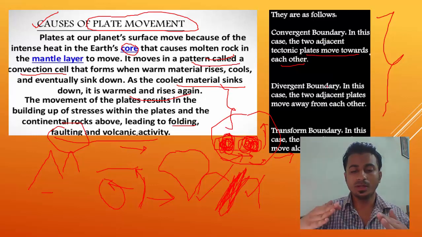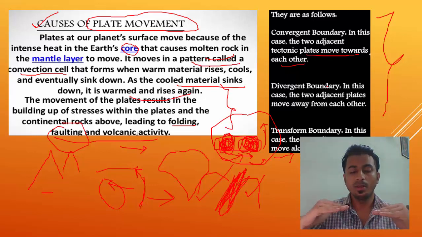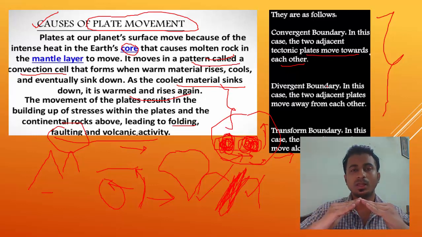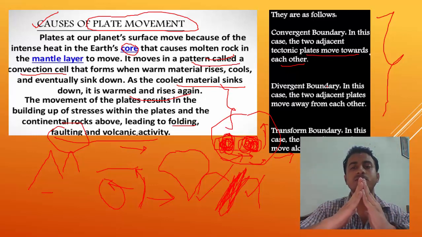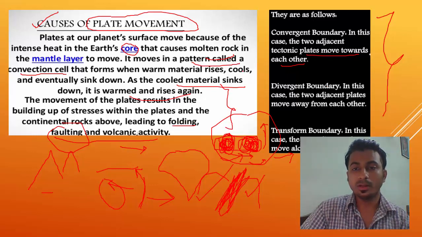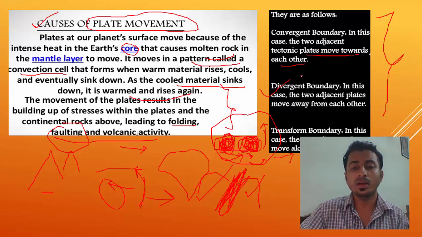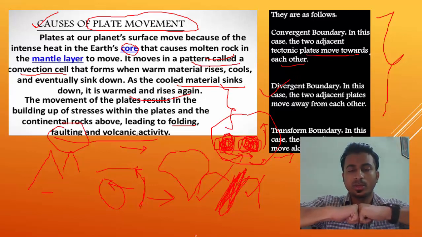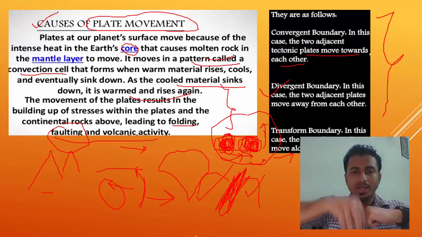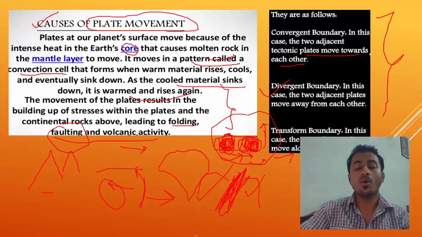Okay, when they move towards each other, suppose these two are the boundary. Now they are moving towards each other. They will move in this way, and mountains will form. Okay, the landmass will rise. Then in a divergent boundary what will occur? I told you, rift valley and block mountain. So suppose these two are plates. Now due to convective magma movement, these two boundaries will move in opposite directions, and when they move in opposite directions, this gap will be called a valley, and these two will be called block mountains.